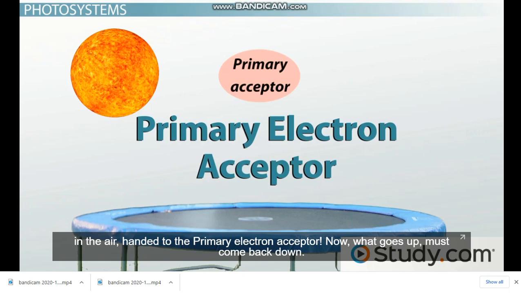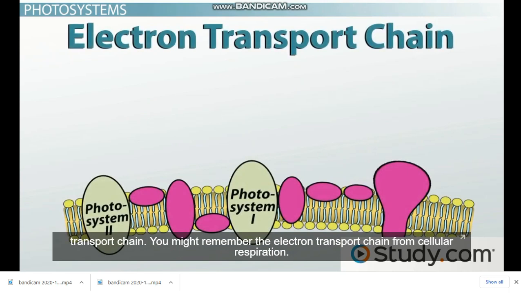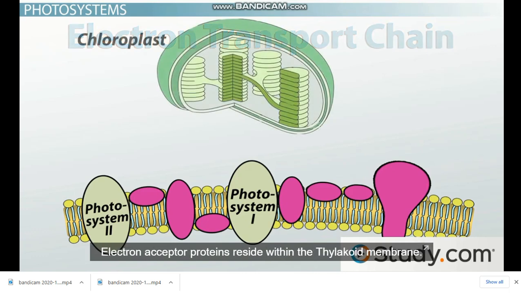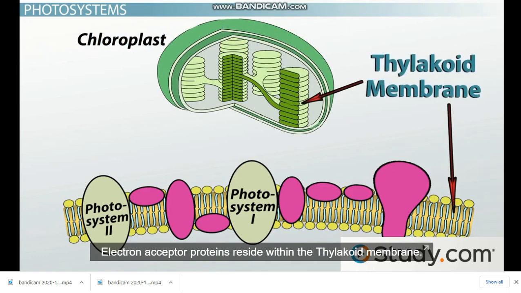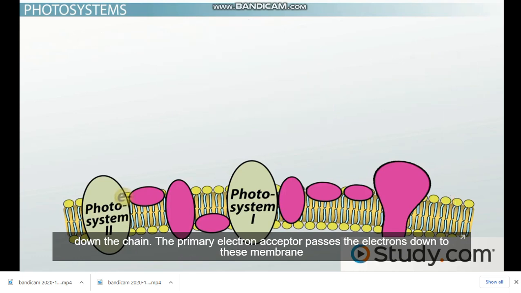Now, what goes up must come back down. These energized electrons come back down in energy levels by moving through an electron transport chain. You might remember the electron transport chain from cellular respiration. The electron transport chain in photosynthesis is similar to this. Electron acceptor proteins reside within the thylakoid membrane. These proteins also become reduced as they accept electrons and oxidize as they pass electrons down this chain. The primary electron acceptor passes the electrons down to these membrane proteins as they decrease in energy level until they